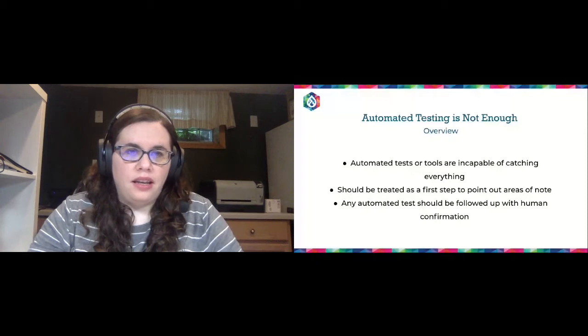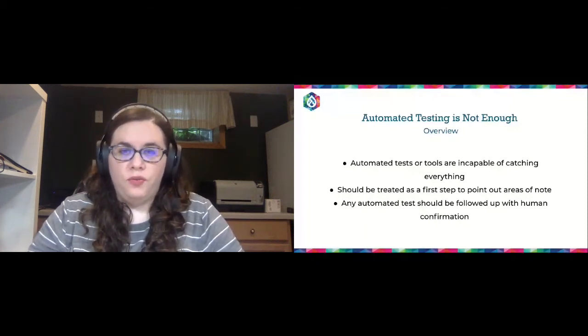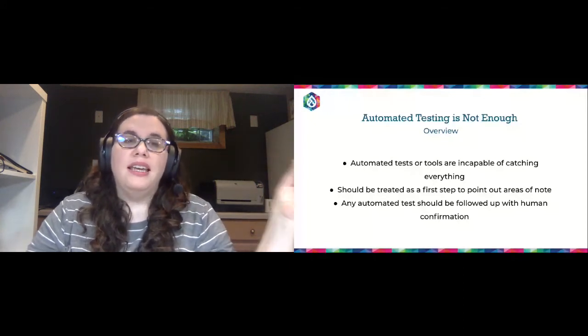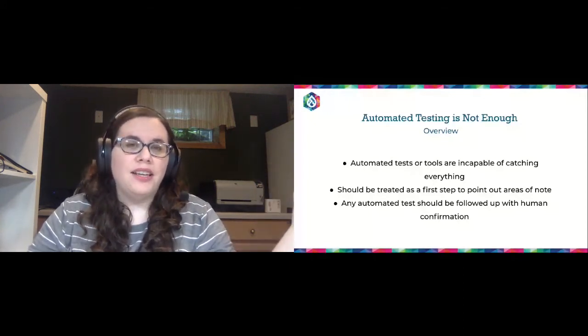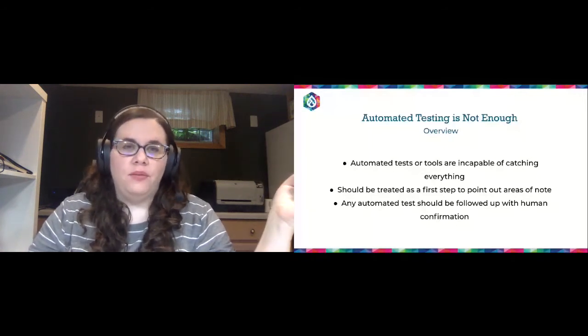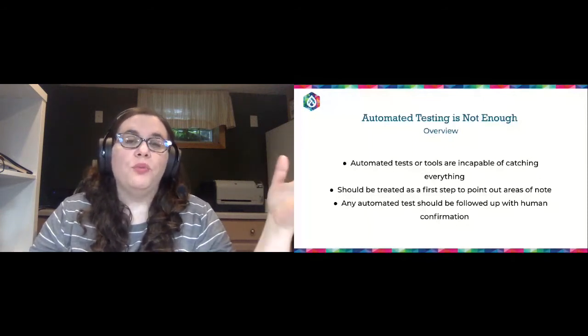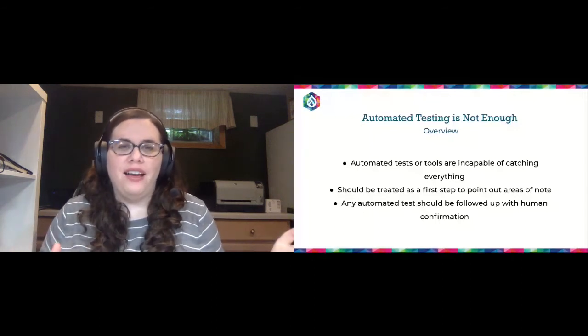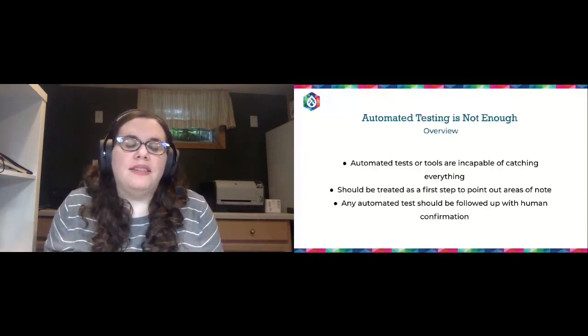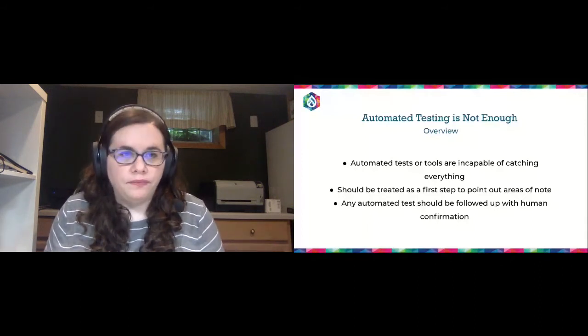So for some examples or things that you should be manually checking, make sure that your alt text is useful. Most of these tools, they can tell, is alt text present? It can't tell whether or not it is actually going to be good. So you could put a file name, you could put a random string or a hash, and an automated testing tool will probably say, yep, you've got alt text, awesome, and go on its merry way. But that doesn't actually help somebody that needs it. So with your alt text, make sure that it is informative of what users need to know about the image if it's not available for whatever reason.